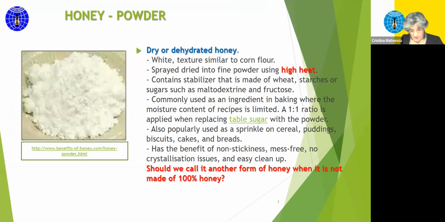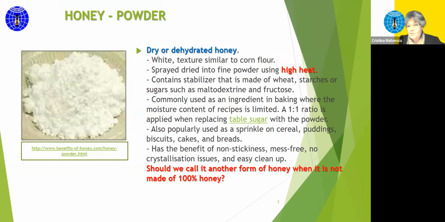We have seen that many people are buying, let's say, pastry or other things that are powdered with the so-called honey, powdered honey. What is dry or dehydrated honey? I wouldn't call it honey anymore, and you will see why. Because after the spray drying process, when we get a fine powder from the honey, we use several stabilizers like wax or starch, or maltodextrin and fructose, just to make a 1-to-1 ratio to have a